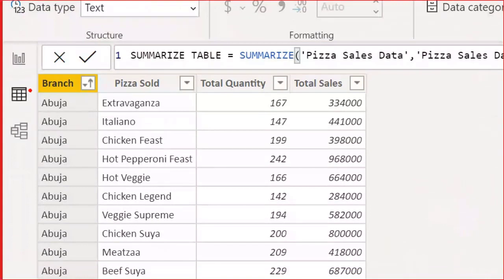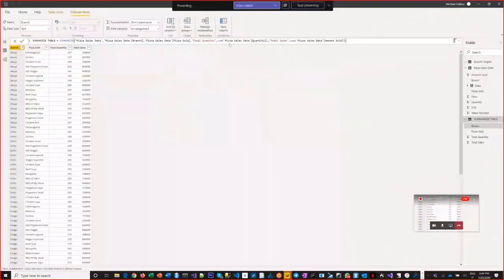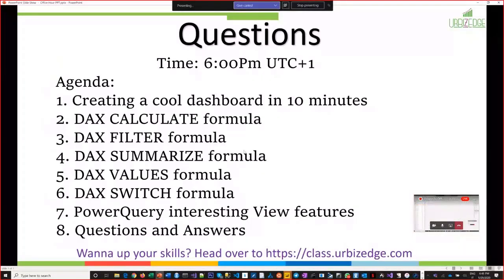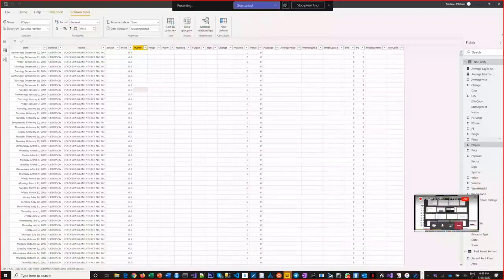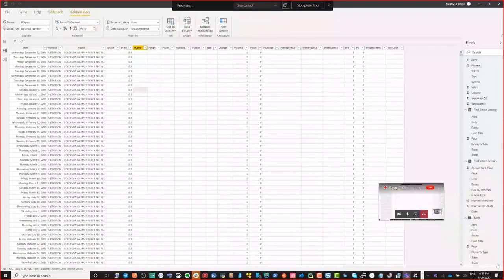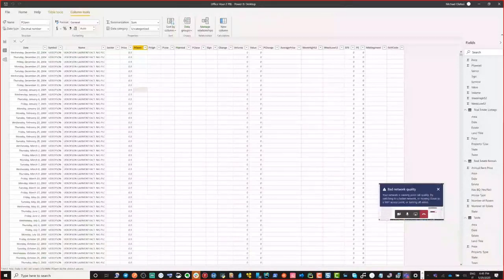So back to the agenda. Values, yeah, I've done that. Switch. So let's go to switch. Let's use the same data again, but let's use the rents. So if you go to the real estate data, so if I show you what's in the real estate data,